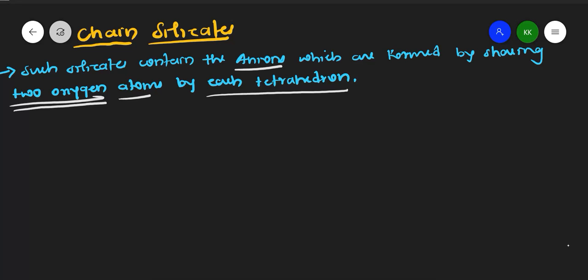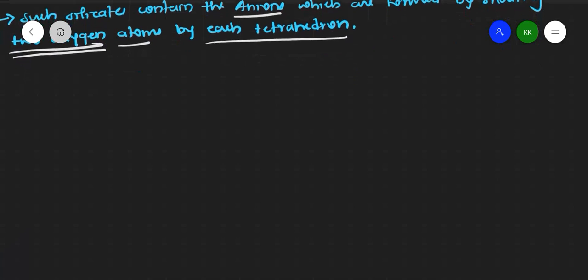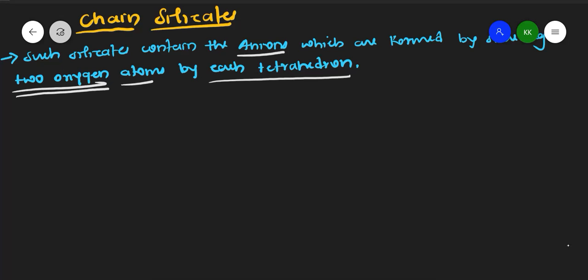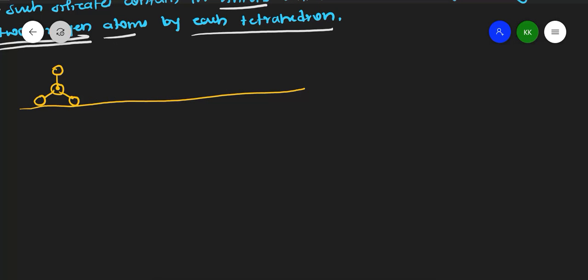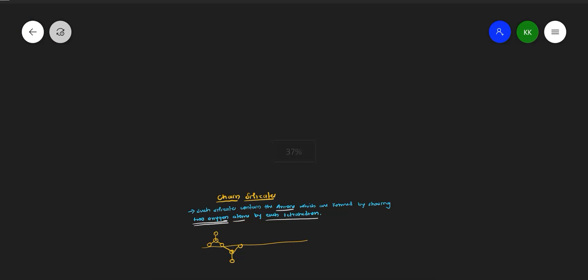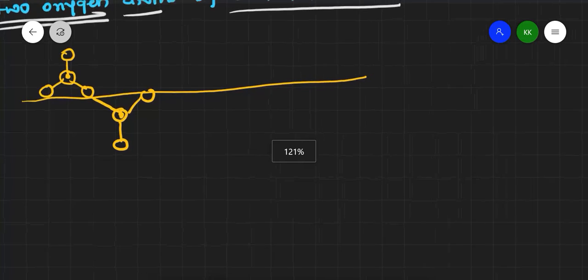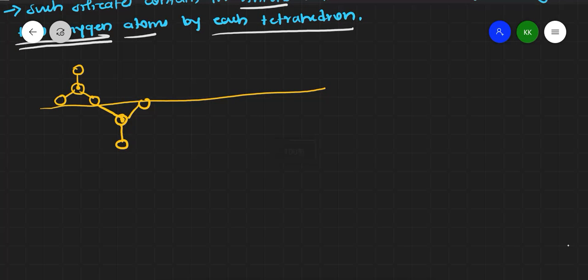If I give you the structure, you will get to know. For example, see here, silicon is attached to four oxygens: one, two, three, and one above, four oxygens. So it will form a chain like this. This oxygen is again shared with one more silicon, with four oxygens again, and this oxygen is again shared with one more silicon,